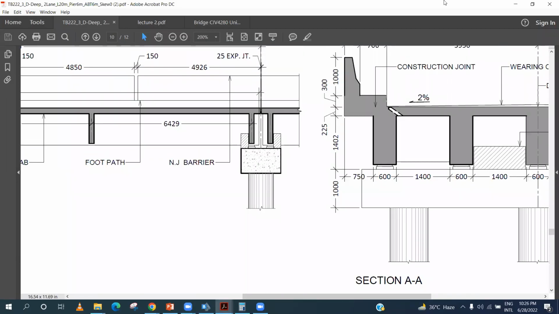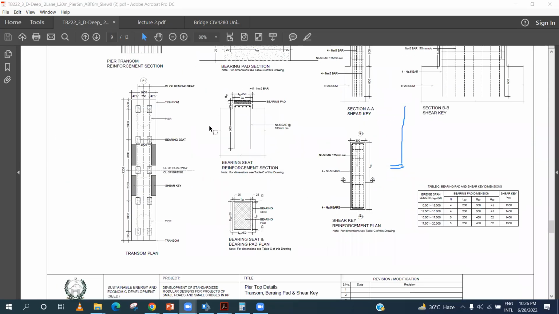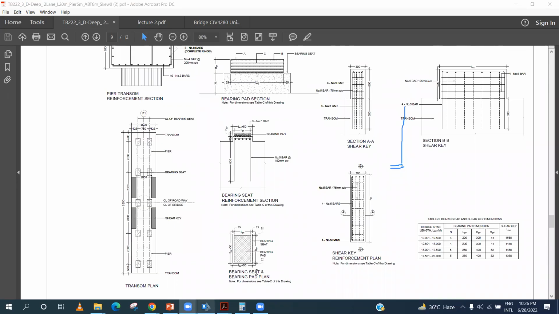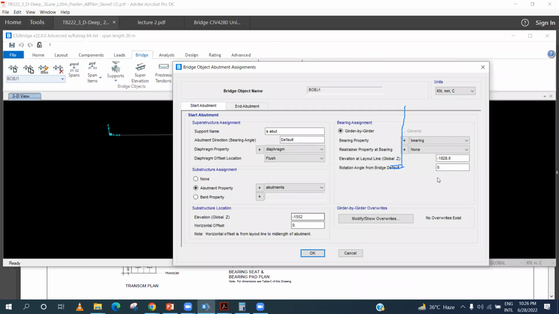Previously it was from here to the top of this bearing seat. Now it will be from here to the top of this bearing pad. So the bearing pad is, I believe, 50 millimeter. Let's say it's 50 millimeter. So 1552 subtracting 50 from this will give us 1502. So this is the bearing